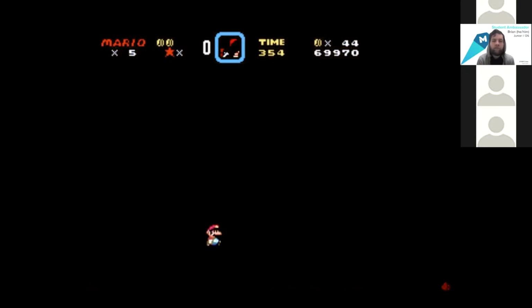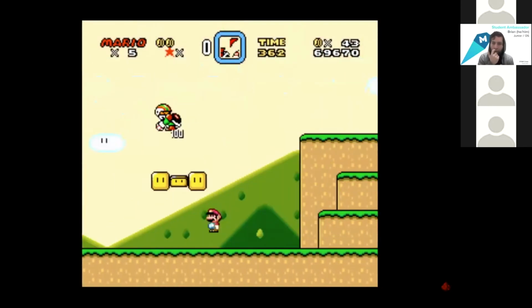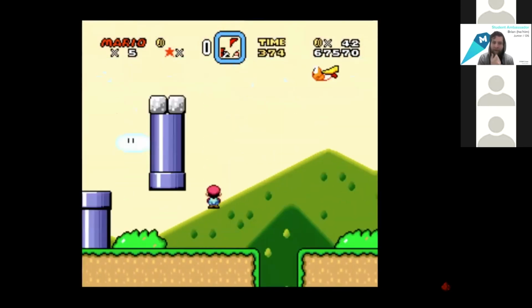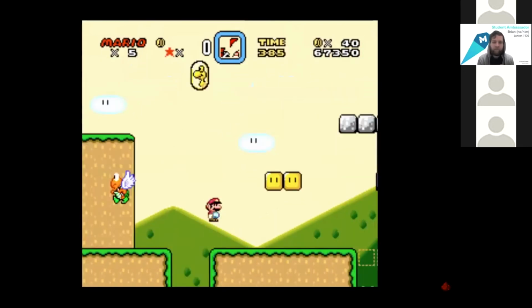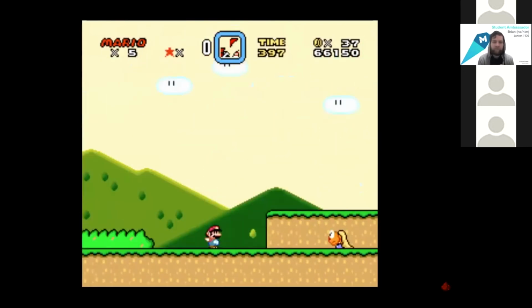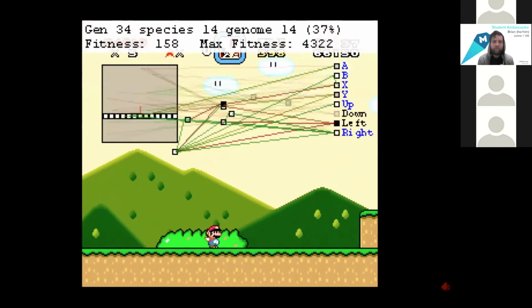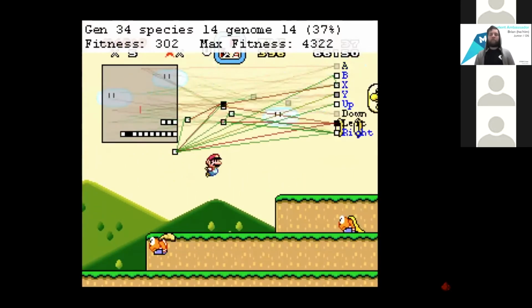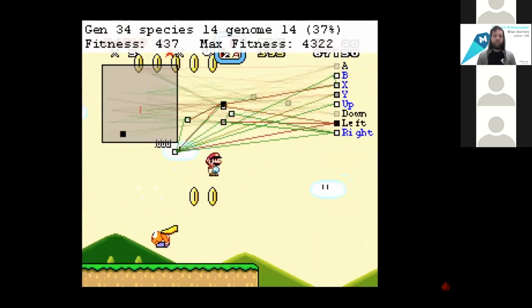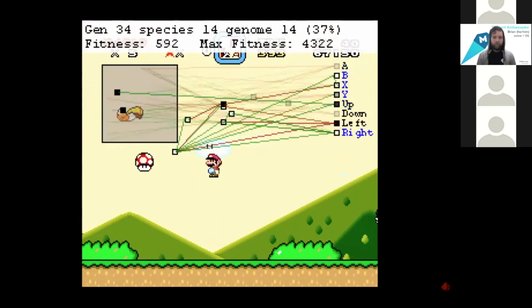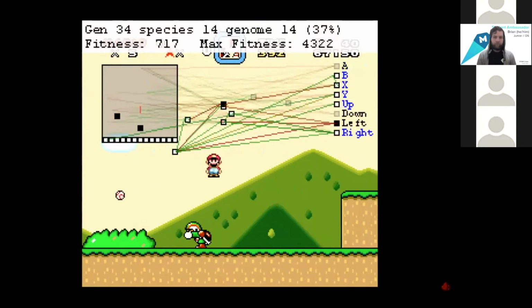So let's start out by actually looking at Mario's brain. Let's play it again, but this time we'll look at Mario's brain as it's making the decisions of what buttons to press. It's going to look a bit complicated at first, but don't worry, I'll help break it down for you. This structure of colored lines and blinking boxes is called a neural network. It's a simple mathematical model for how a brain works, but it can produce some very complicated behavior.